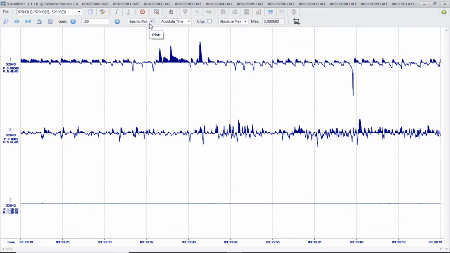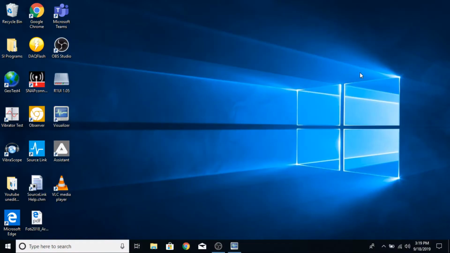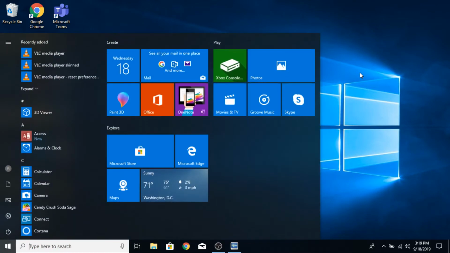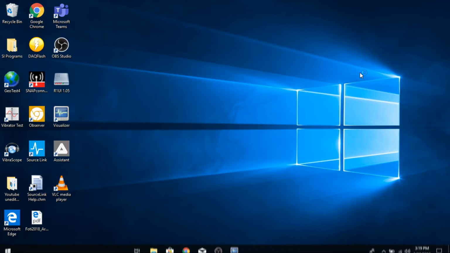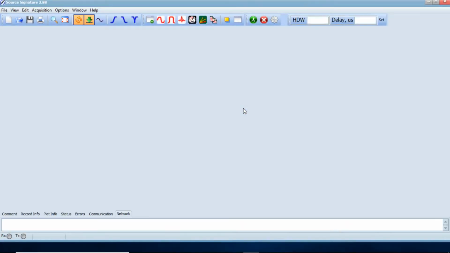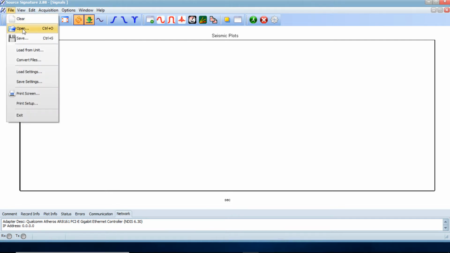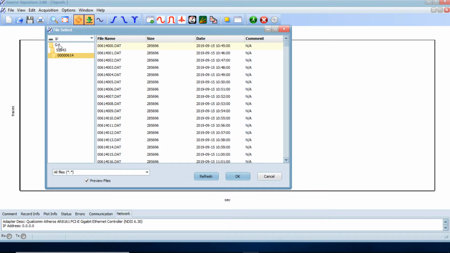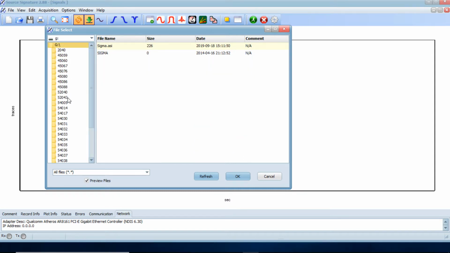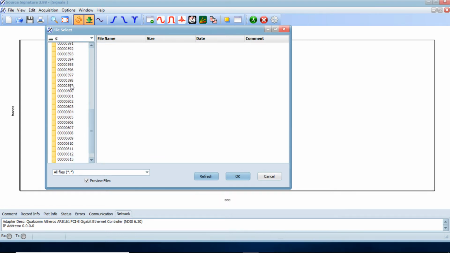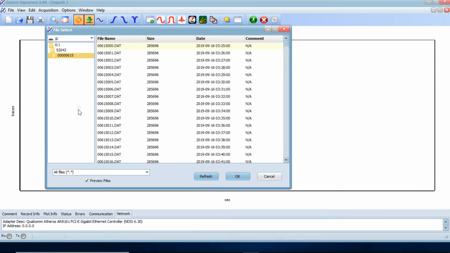And in terms of settings, you want to make sure that you're set on Seismic plot up here and absolute time up here. Now we'll look at a different way to look at your data using the SourceSig program. So we'll open up SourceSig, and it's basically the same process, but we'll go up to File, Open, find your USB device and the data from the box that you want to look at, and we have our file folders here again, so we'll go to 615,